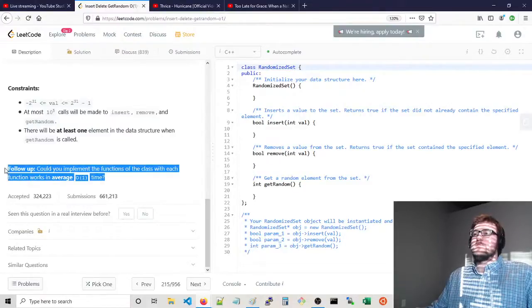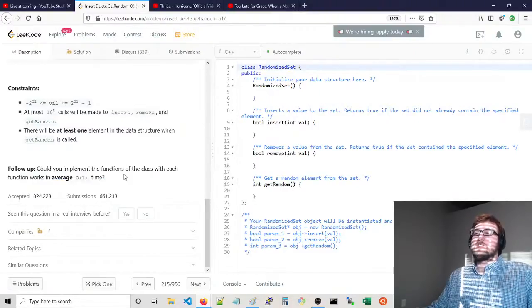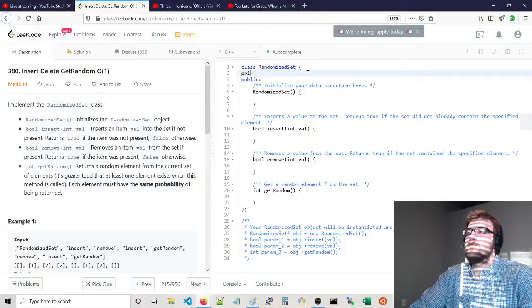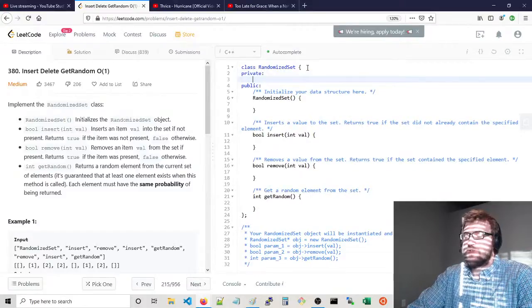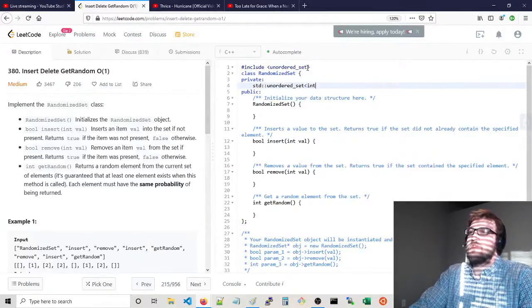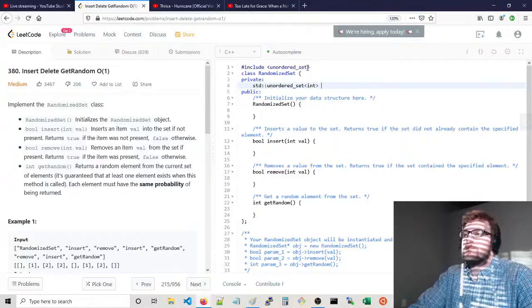Yeah, I was going to do that. I was going to use a hash set to get amortized constant time. So, we'll do that. We want an unordered set. I'll explain what to do. Basically, we're going to use an unordered set, and then we're going to use a